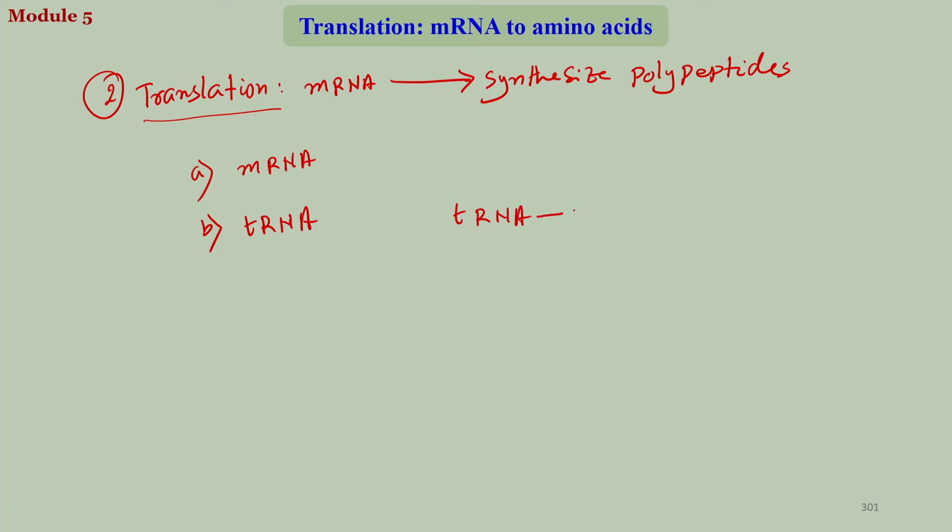So, I am writing tRNA and OH. OH is the free hydroxyl group on the adenine, and here there is the anticodon of it. Anticodon is there. Now, if you have an amino acid, let us say it is R, NH2 and the carboxylic acid, with the help of ATP, this forms